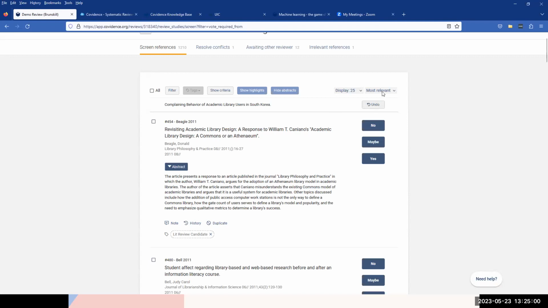It defaults to most relevant. You can change it if you want to. Its ideas about most relevant, and it does use machine learning. After at least 25 have been either included or excluded with at least 2 of each, it begins to say, okay, I think that this is what you're doing. And while you should still be screening all of them either way,